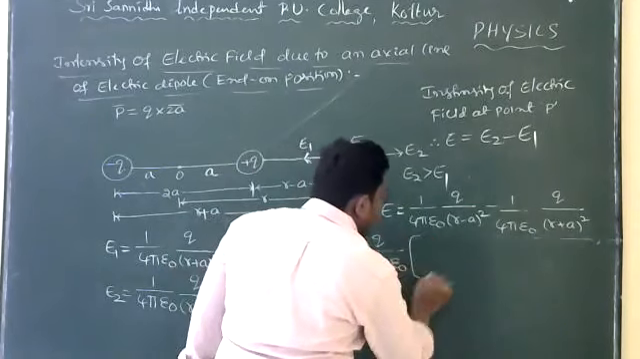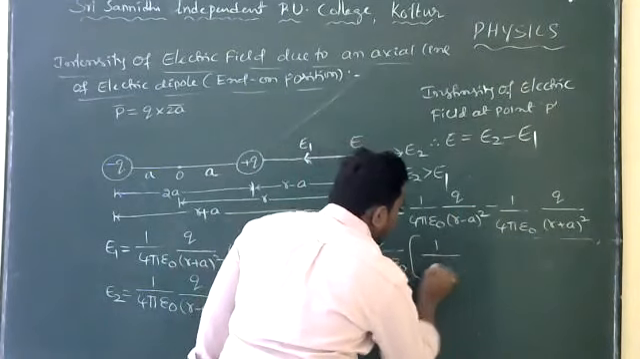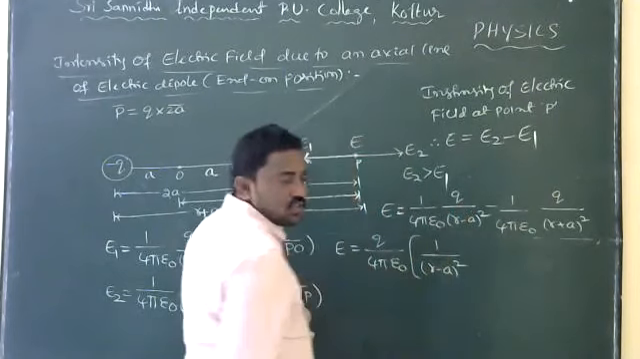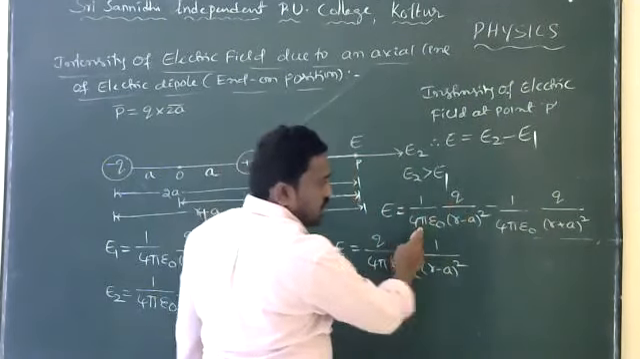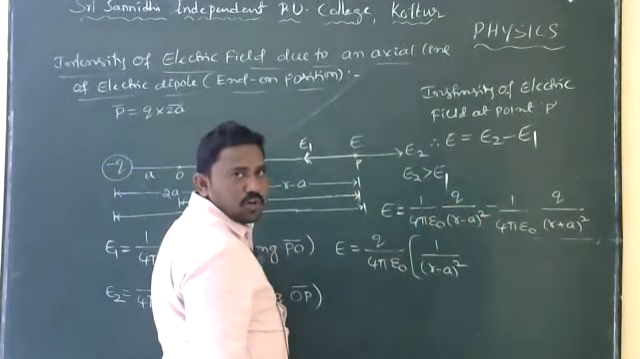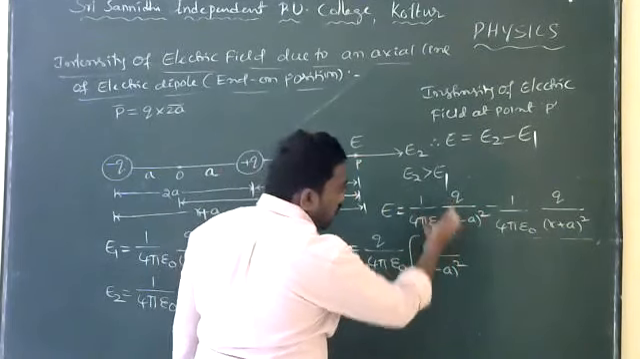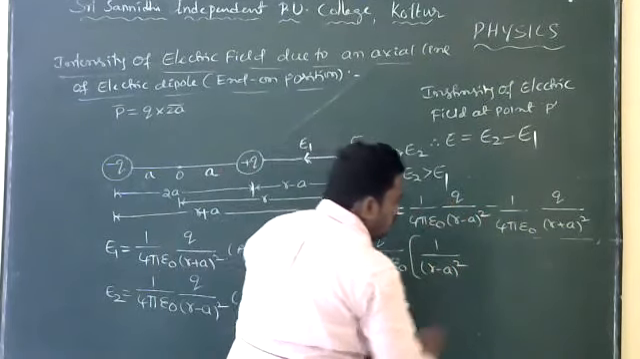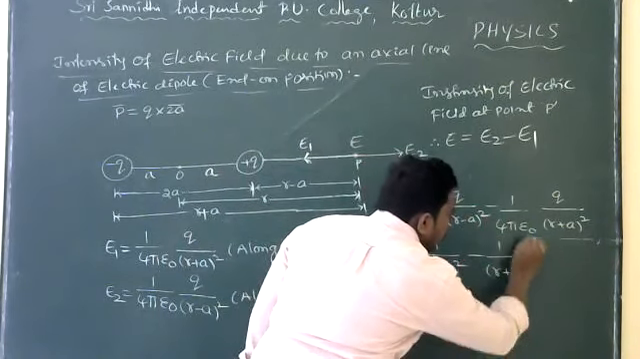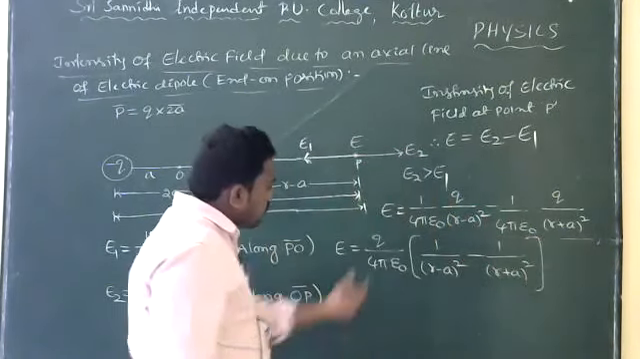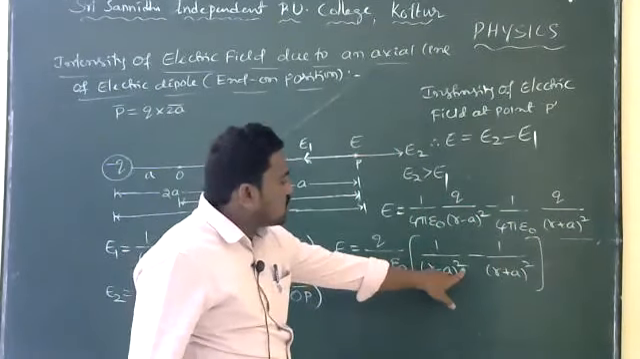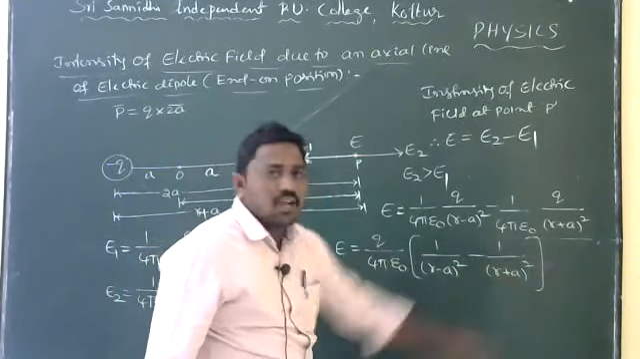Next, the remaining value is 1 upon R minus A whole square. So the remaining values stay as 1 by R minus A whole square, here minus 1 by R plus A whole square. So Q by 4 pi epsilon naught into 1 by R minus A whole square minus 1 by R plus A whole square